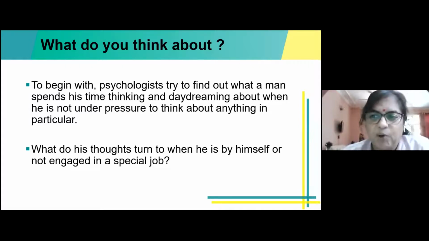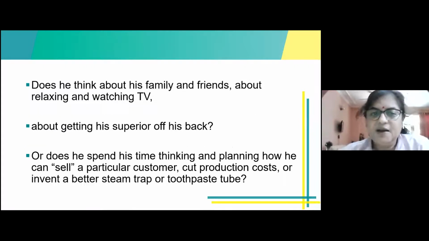So what do you think is very important? Now, there are three kinds of areas or needs which he divided it into. He said, does he think about his family and friends, about relaxing, watching TV, how do we have family get-togethers? How can I build relationships with people? Or